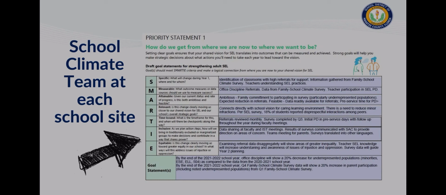We have created school climate teams known as SEL champion teams at our schools. I am guiding them through an SEL implementation planning process so that we can start to work through how do we embed this at our school sites. An example on the screen is one of the SMARTY goals that the schools have created. They have a plan for next year. The SMARTY goal